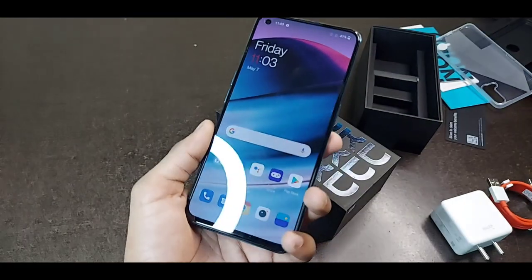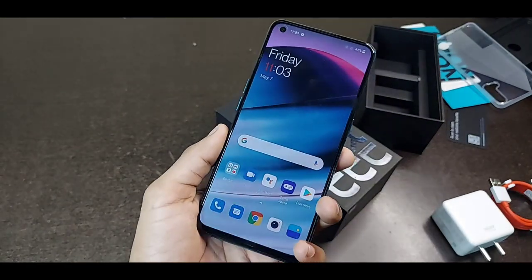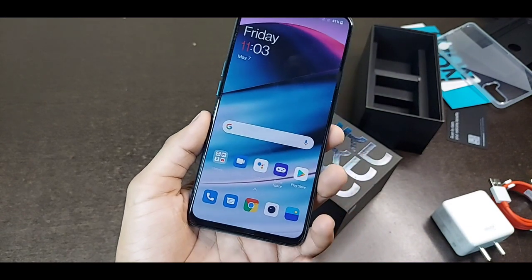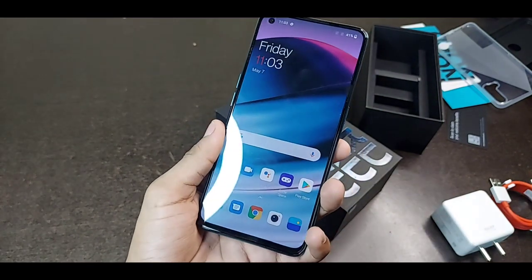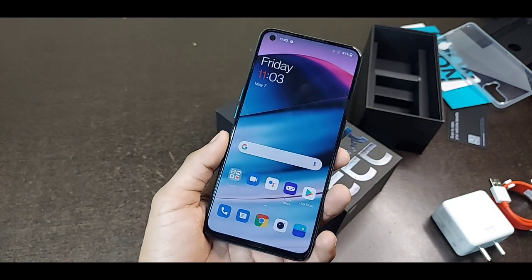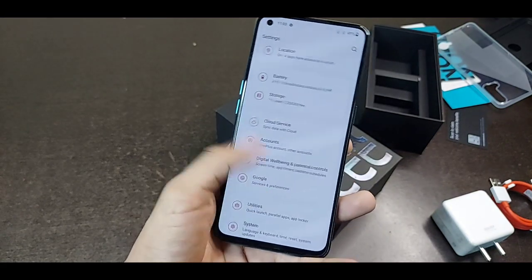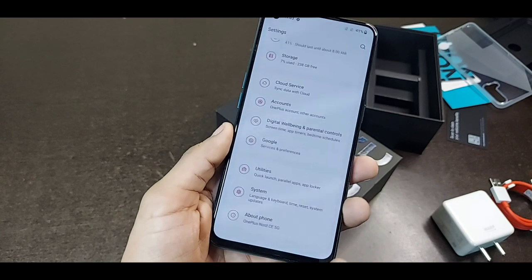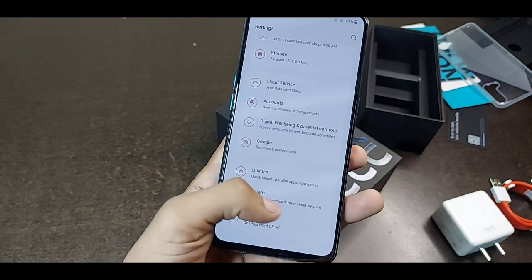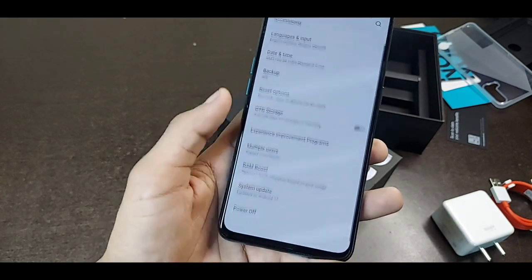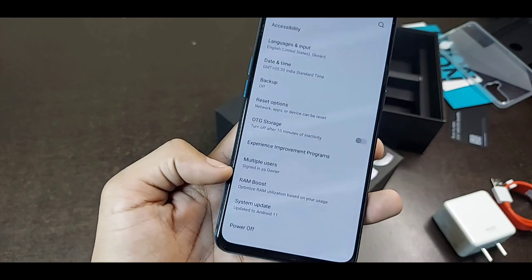If you have a lower RAM variant and you want to increase the RAM of your device, you can easily use this feature. Simply navigate into the settings, then come right here into the system settings. Here you get an option called RAM boost.